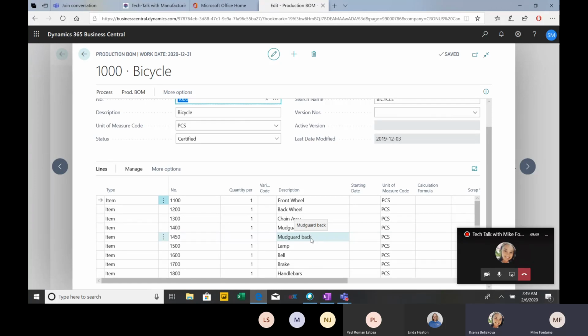So in this way, you might say, okay, I'm going to manually consume and report that I used the front wheel, the back wheel, and the chain assembly. And I want people to write down what those are because they're critical to the manufacturing process. Without a chain assembly or a wheel, you can't make a bike. Right. Not going forward. Right, and that might be because it's a long lead time item, or you can't